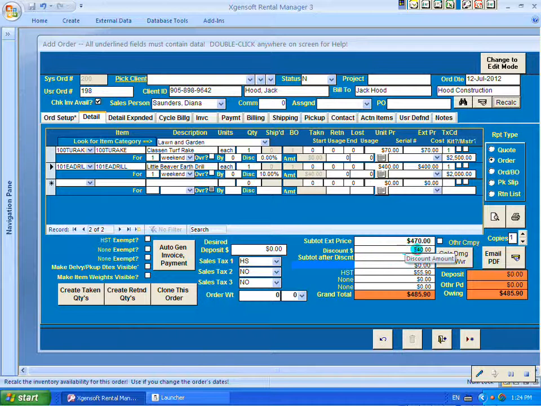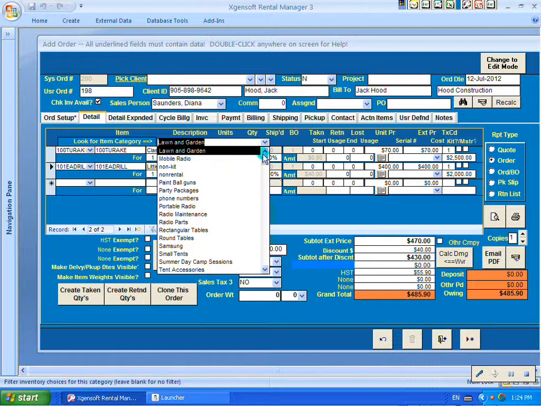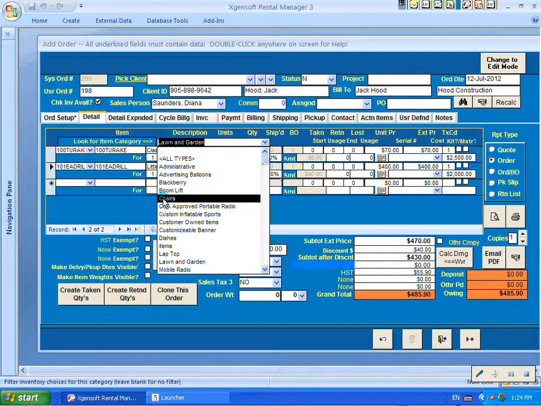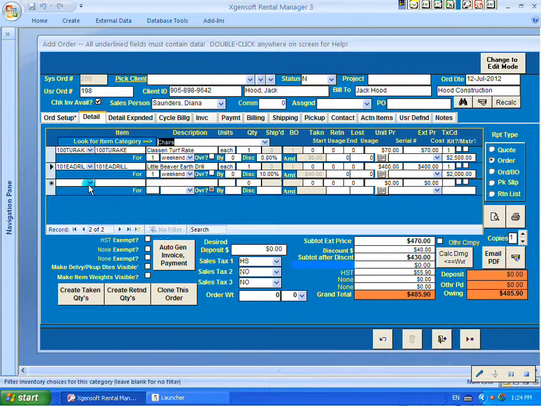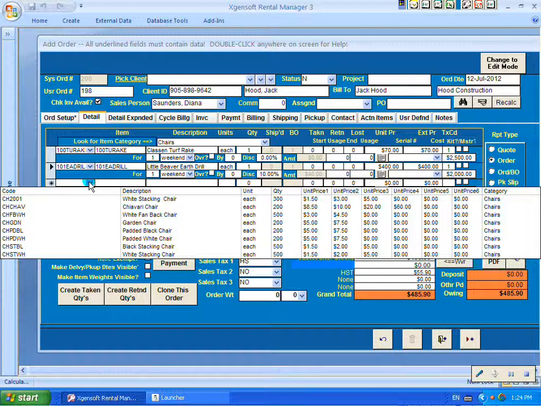There you go, 10% on the $400. It's 40, and it's put it into its calculations. Now I would like to also change categories. I need something else, and I'm going to choose chairs specifically so I can show you what happens when you